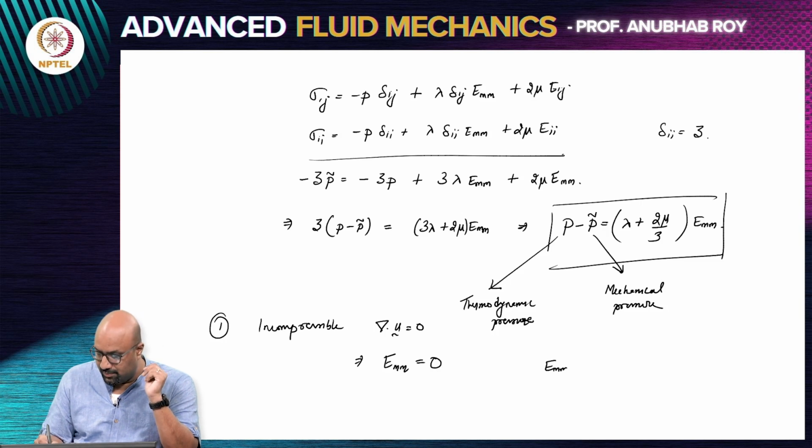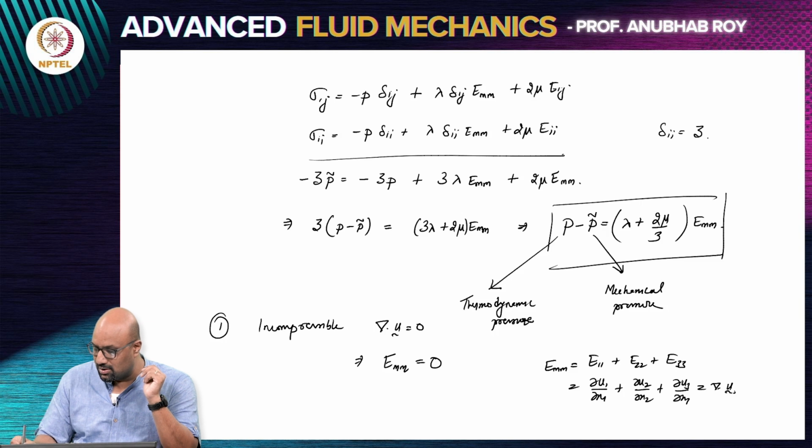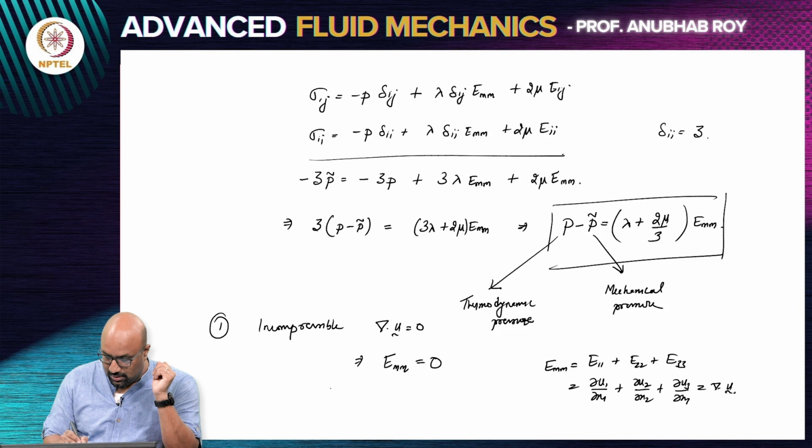What is Emm? Emm is E11 plus E22 plus E33. What is E11? Dou U1 dou X1, E22 is dou U2 dou X2, E33 is dou U3 dou X3, which is divergence of U. So, when Emm is 0, then P is equal to